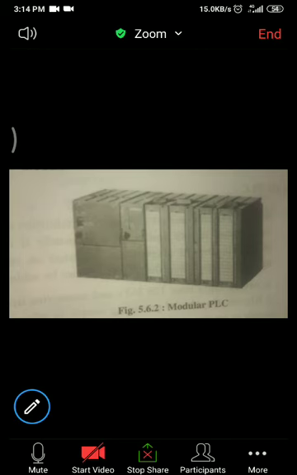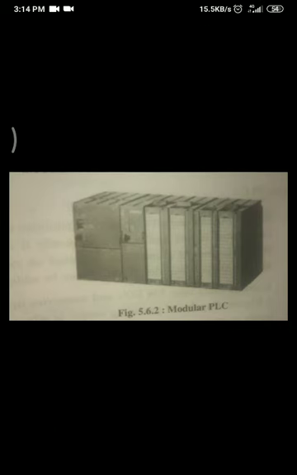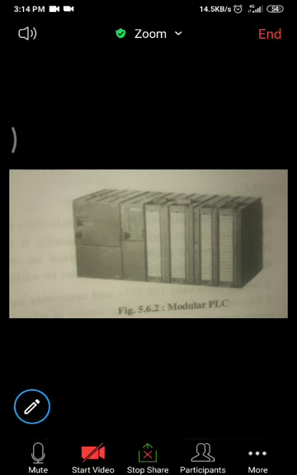Each module and CPU is plugged onto the backplane, and the backplane then conveys the signals from or to the CPU. Depending upon the number of input outputs or the memory, they are classified as small PLC, medium PLC, and large PLC. A small PLC has limited expansion capabilities and limited inputs and outputs. Typically it has 20 inputs and 12 outputs, and they are mounted on a rack.